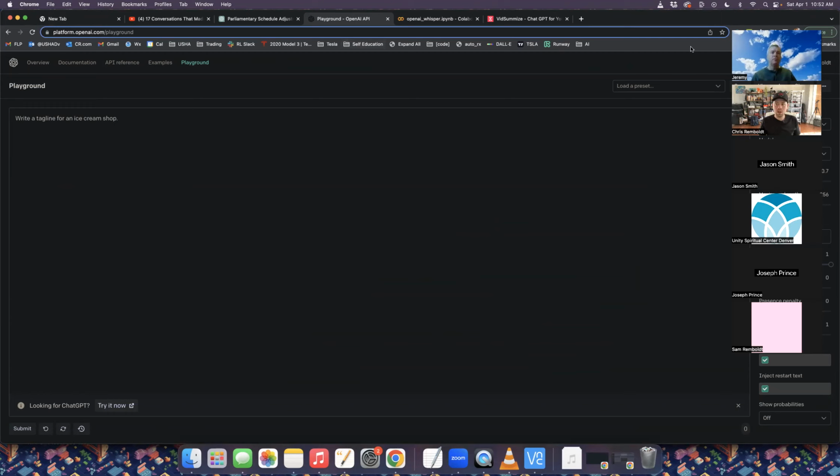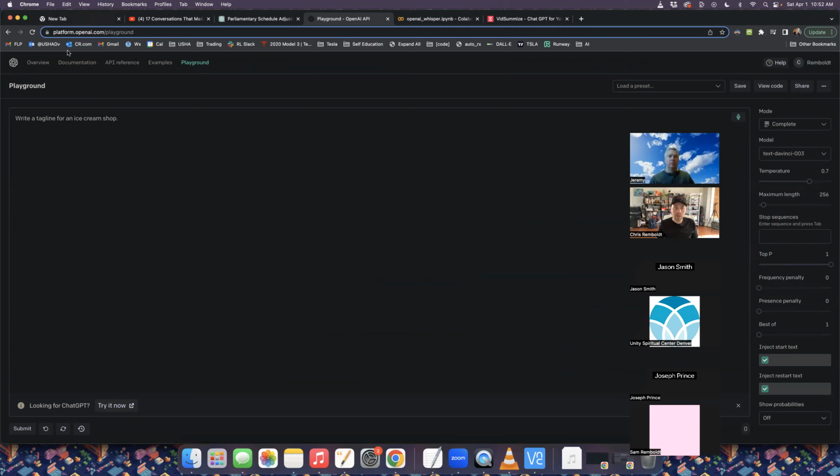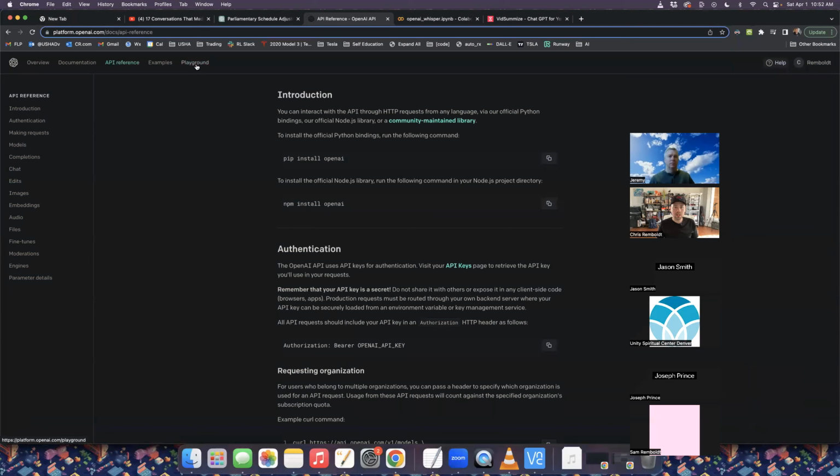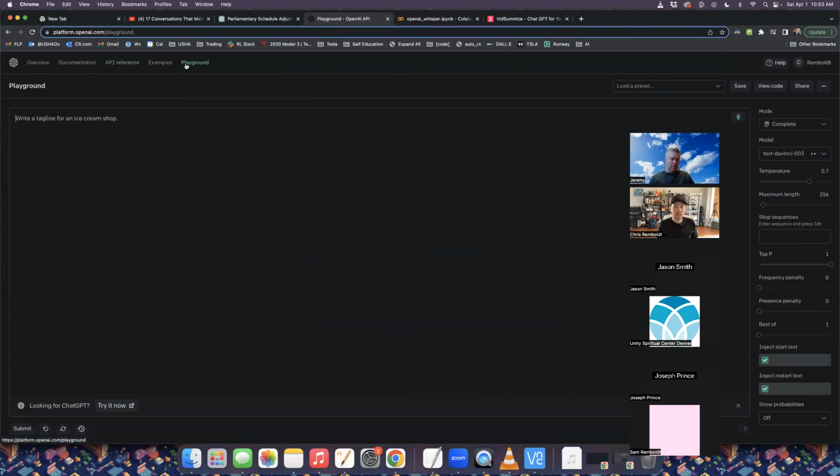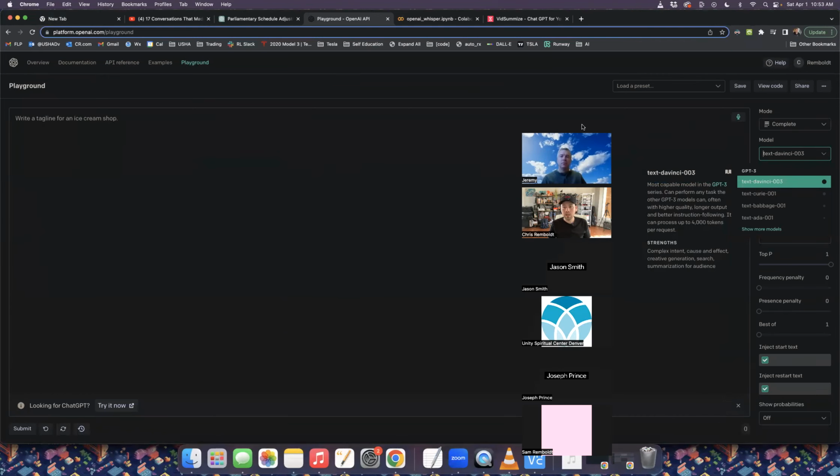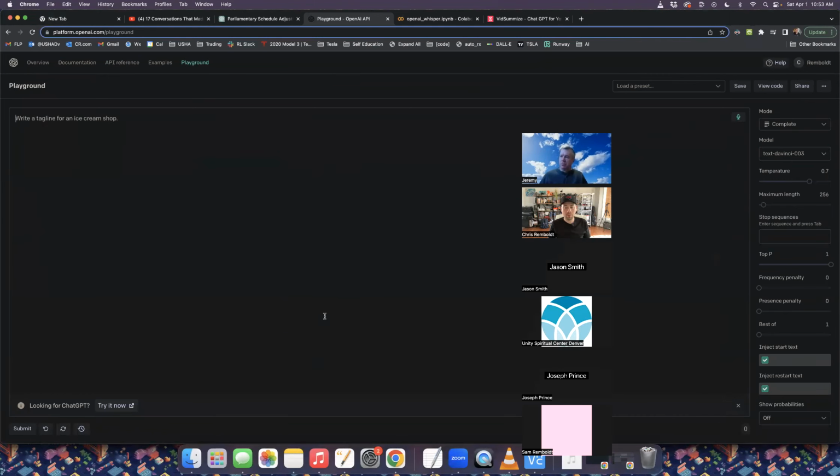But this is the OpenAI Playground, and there's also something known as the API, which is how you actually connect GPT to your own programs. But what we are interested in today is the Playground. This is a different way to use the GPT models, and it's a pay per token thing. And all a token is, is how much compute it costs to generate some text.